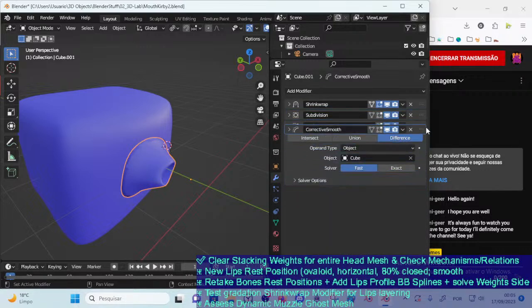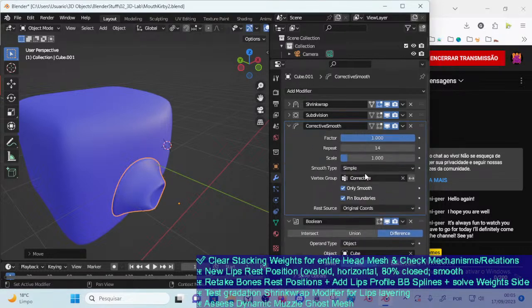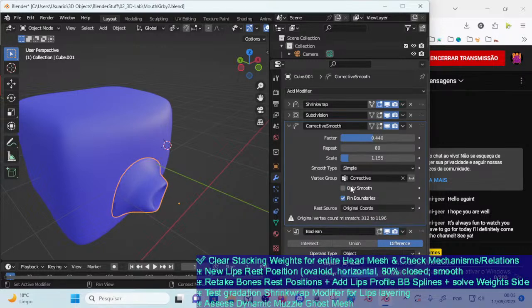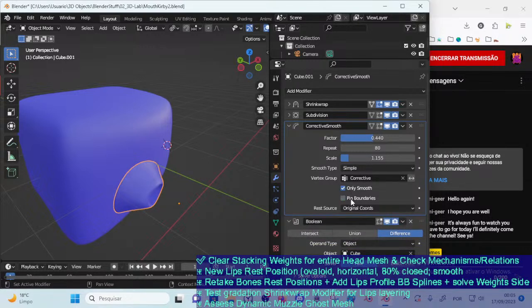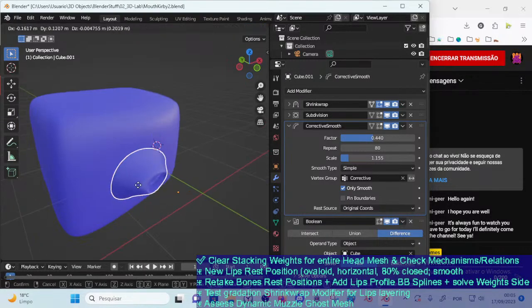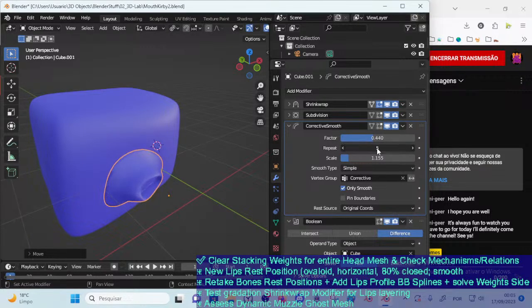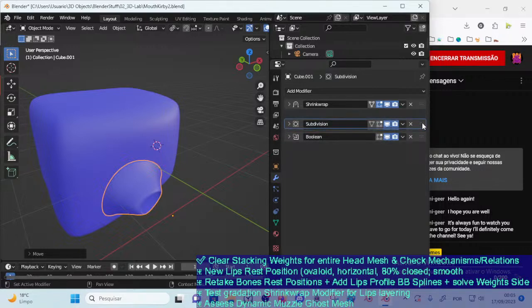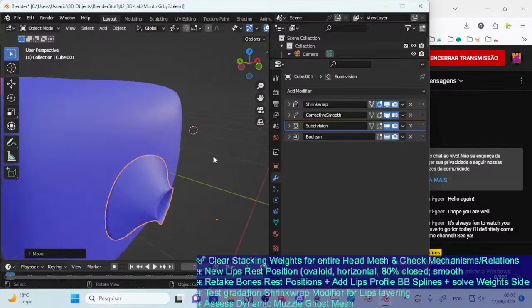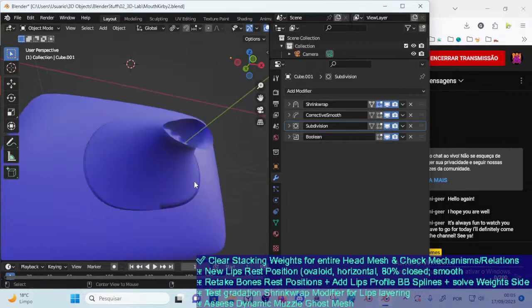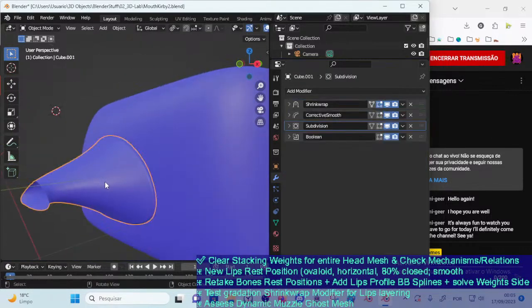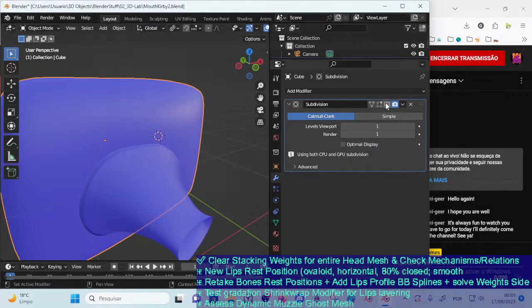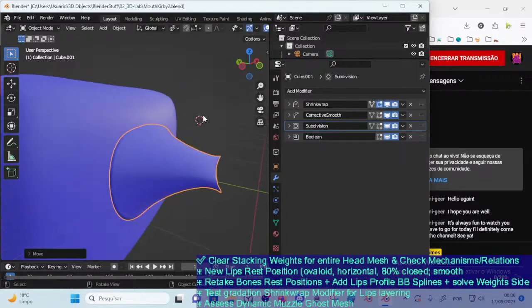So it's really about the corrective smooth, that maybe. Yeah, the thing on the square doesn't help much, so